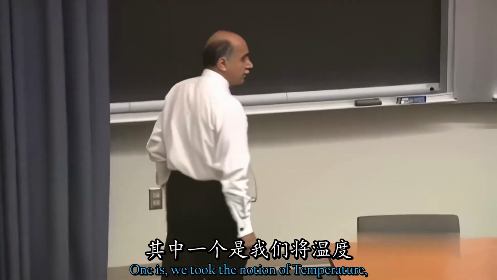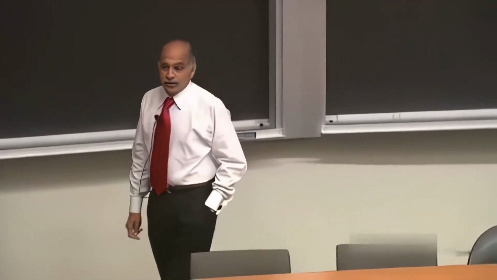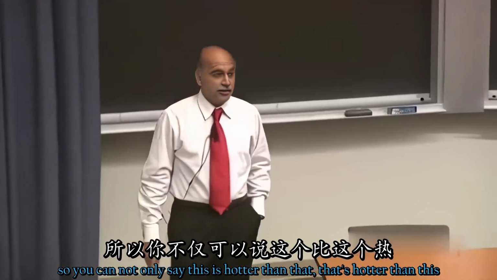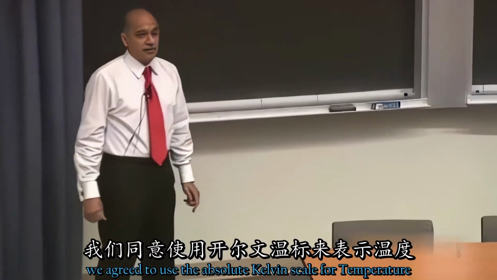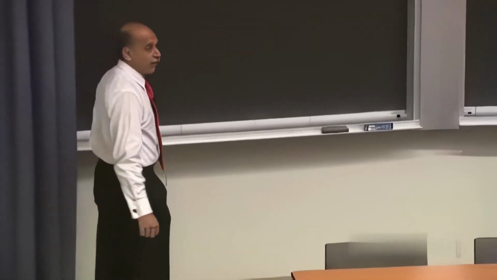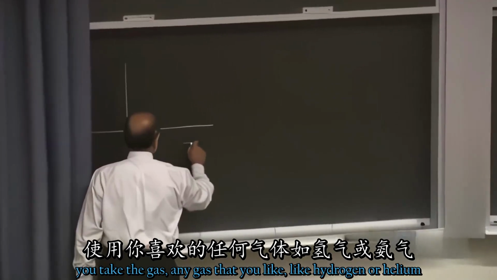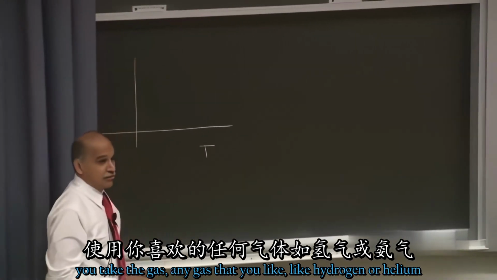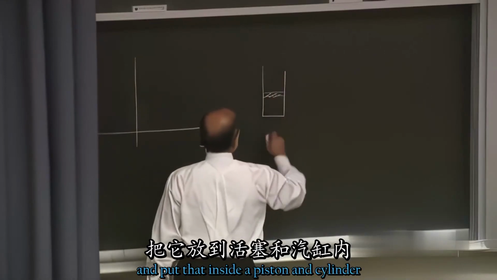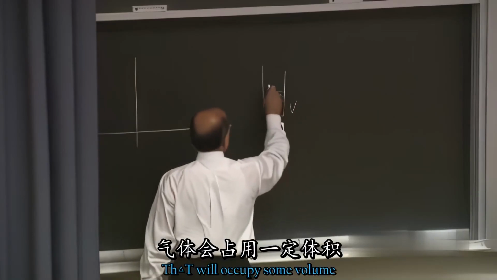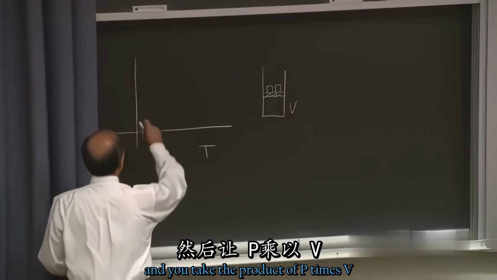One is we took the notion of temperature, for which we have an intuitive feeling, and turned it into something more quantitative. So you can not only say this is hotter than that, that's hotter than this. You can say by how much, by how many degrees. And in the end, we agreed to use the absolute Kelvin scale for temperature. And the way to find the Kelvin scale, you take the gas, any gas that you like, hydrogen or helium, at low concentration, and put that inside a piston and cylinder where it occupies some volume, and there's a certain pressure by putting weights on top. And you take the product of P times V,